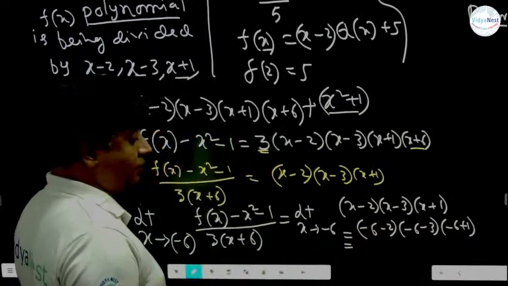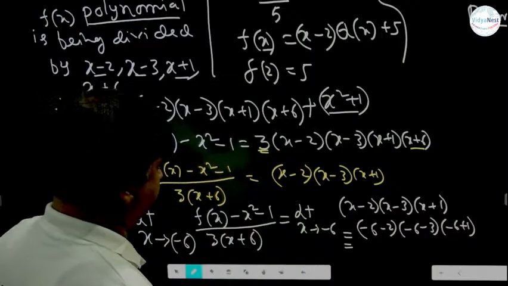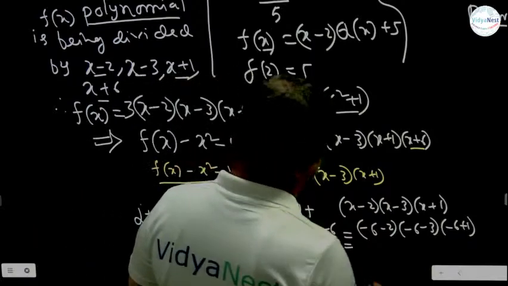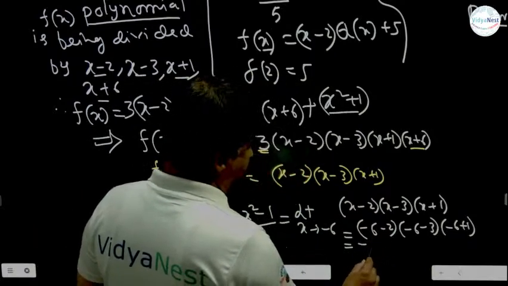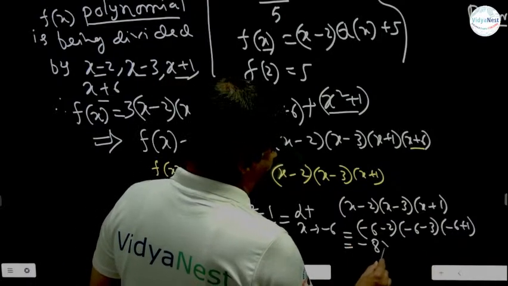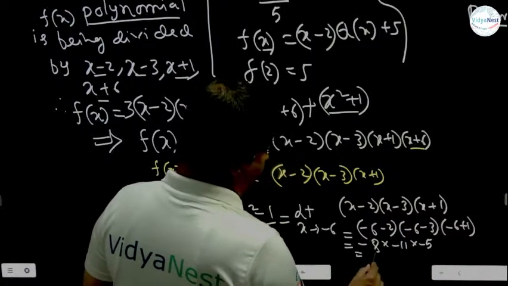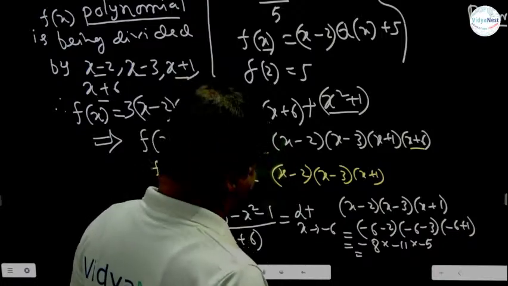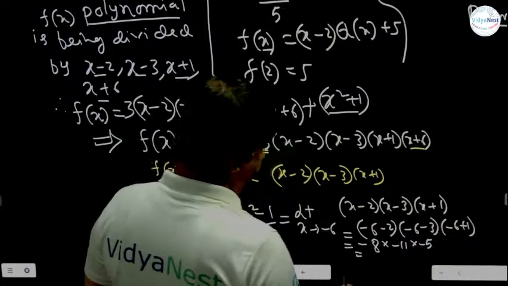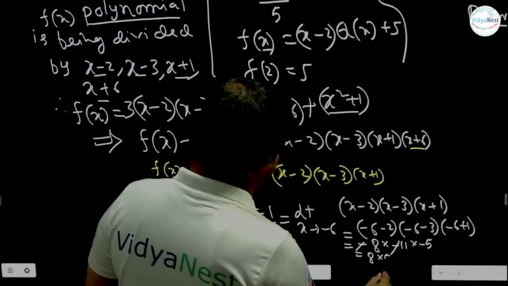You will get what? Minus 8, minus 11, minus 5. Minus 8, if there is no mistake of mine, minus 8, minus 11, minus 5. That result will give you what? Minus minus cancel, 8 into 55